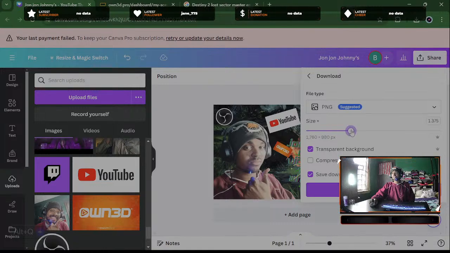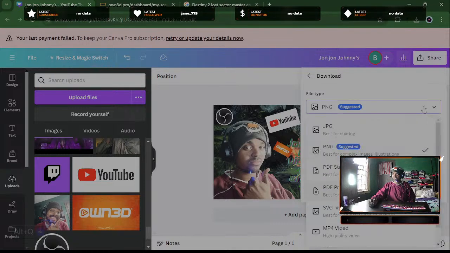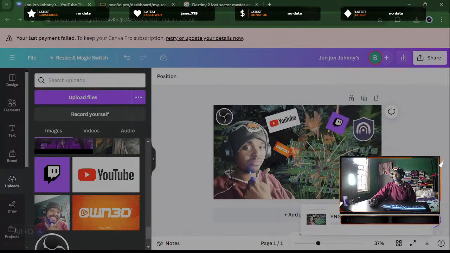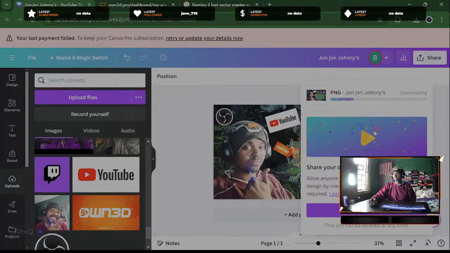You never want to mess with this though. Never want to mess with that. You want to keep it at 1280 by 720 pixels. Always. And you want to put it on the suggested one, which is the PNG, best for complex images, illustrations. PNG suggested. I always want to keep it on that. And save download settings, transparency background, download. And once it downloads,